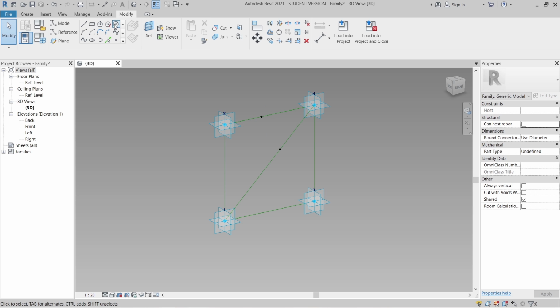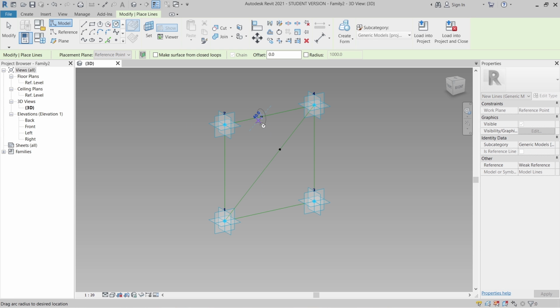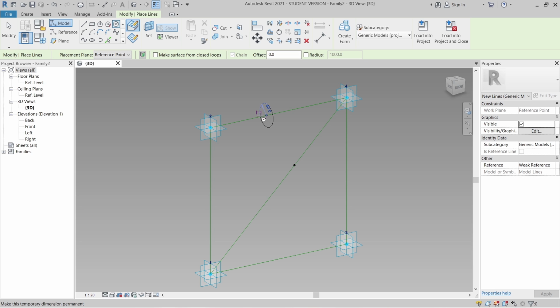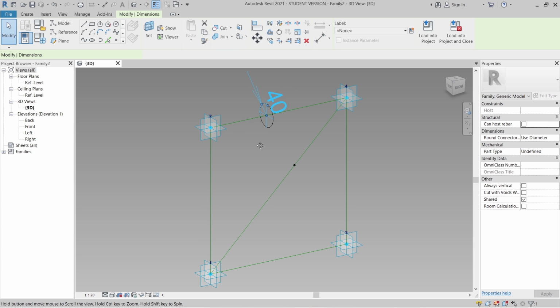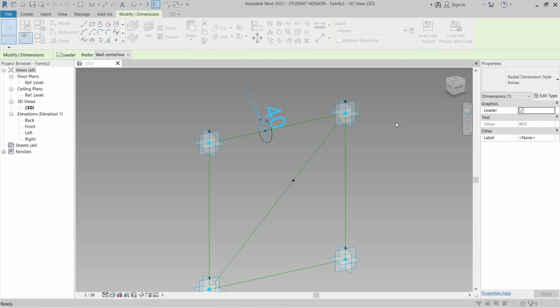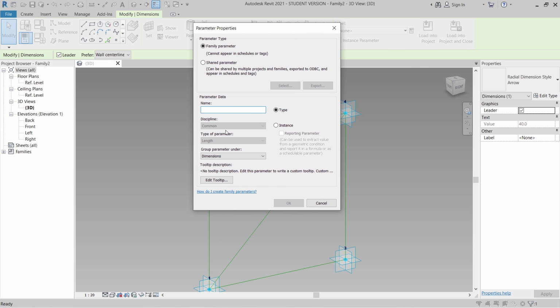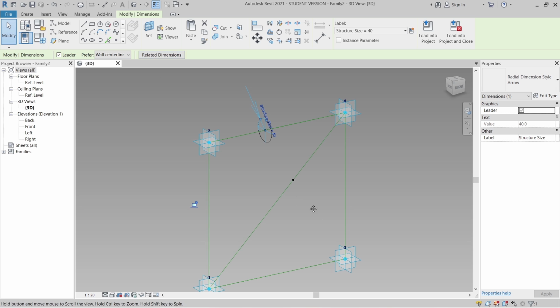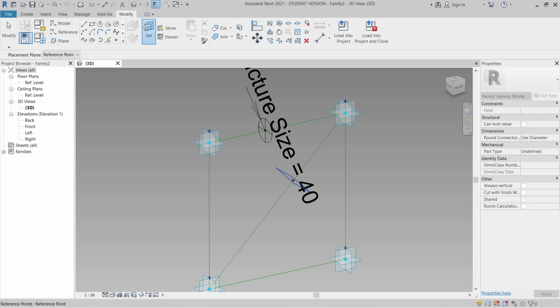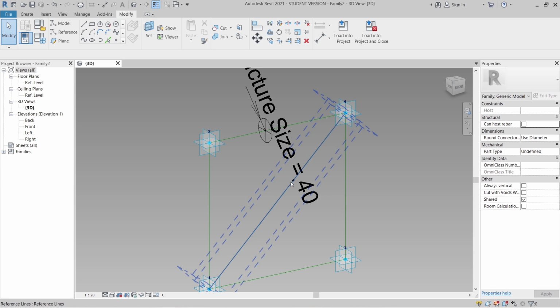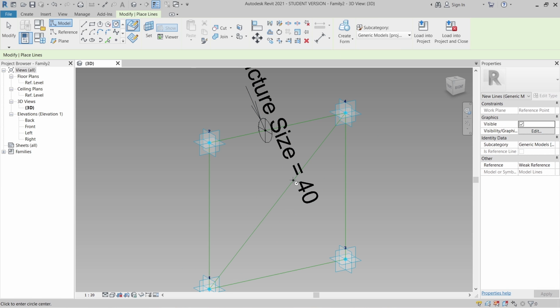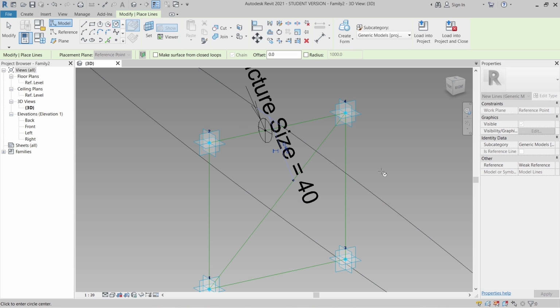Set. I will set it vertical, then Rectangle, start the rectangle, something like this. Then here is a dimension. I will select it, then hit Escape. Let me assign a parameter for our structure. First, create a new parametric property. I will name it Structure Size. Yep. Then go to Set again. I will set here as well. Make sure you stand on vertical and start with a rectangle. Just simply draw like this.